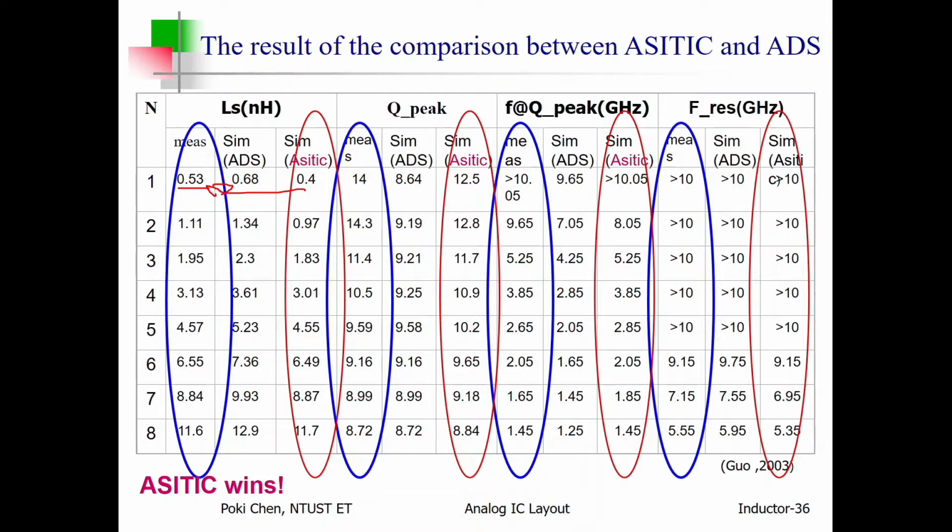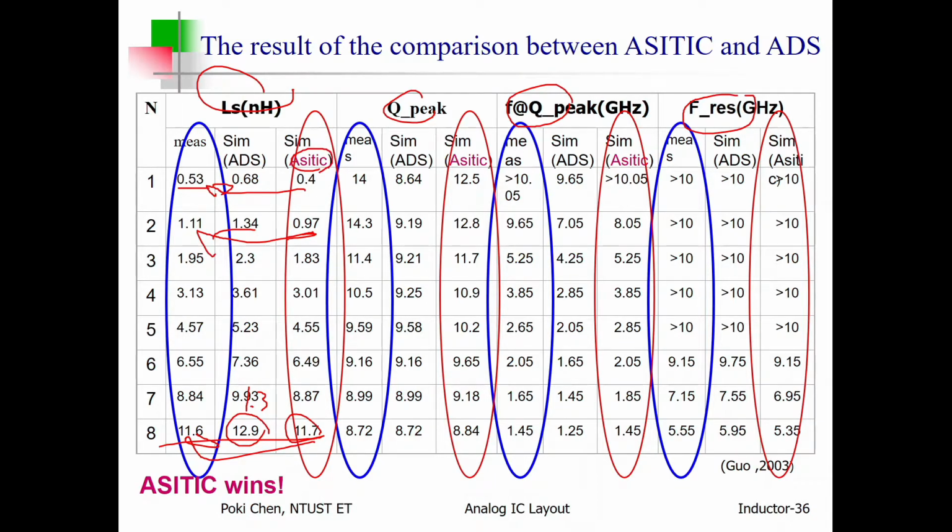Or you can see here, even closer. And how about here? See, only 0.1 in difference, but for ADS, 1.3 in difference. Wow. Never mind for inductance, peak Q factor, peaking frequency or resonance frequency. All of them show that Aesthetic